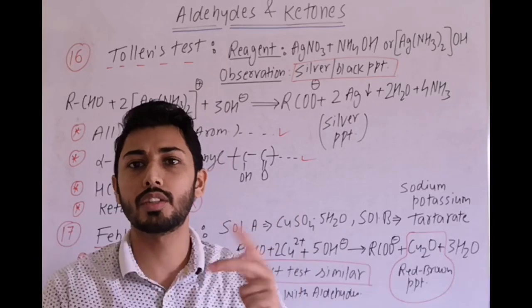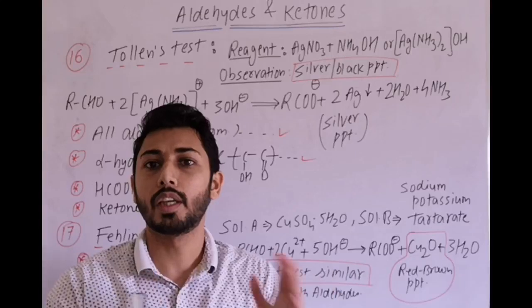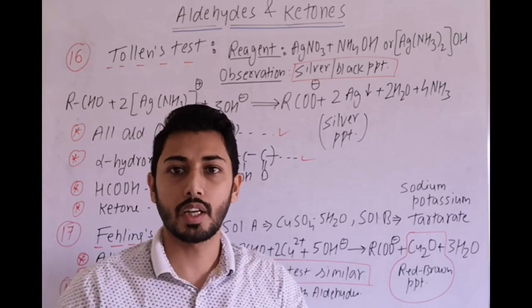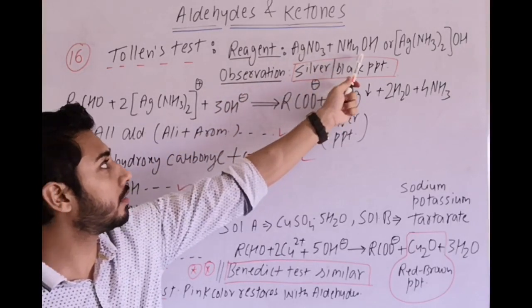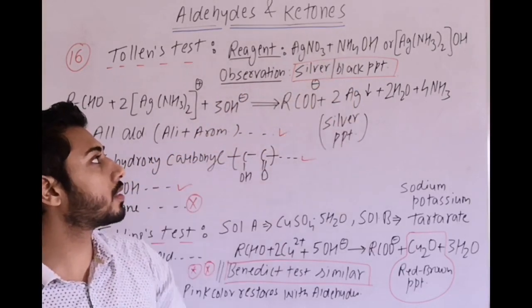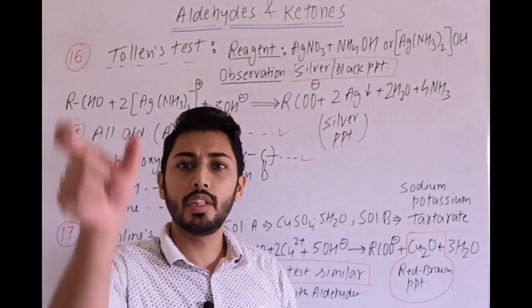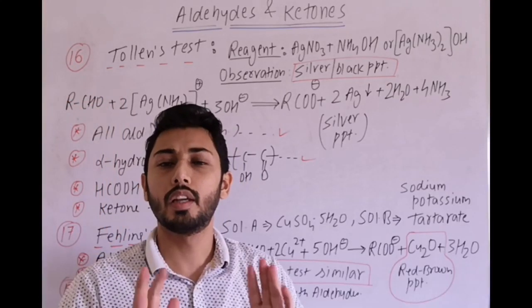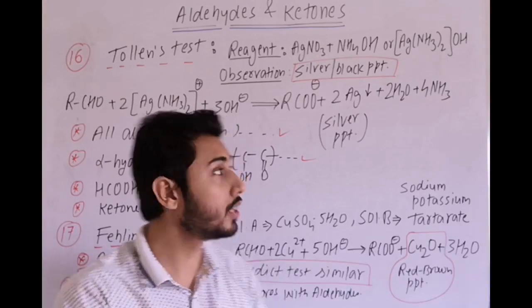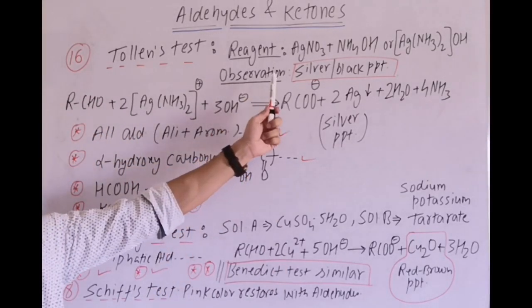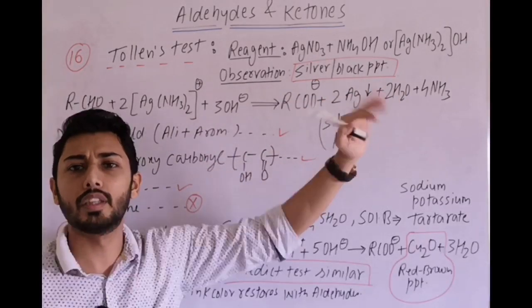So we use the Tollens test, we use the Fehling test, we use the iodoform test, we use the Benedict test, we can use the Schiff's reagent test. So firstly, starting with the Tollens test. The reagent is ammoniacal silver nitrate solution. These are the ways to represent it: AgNO3 plus NH4OH, or the other way is Ag(NH3)2OH. If on the arrow it is given with a carbonyl compound, clearly understand it is Tollens reagent, and they are mild oxidizing agents.